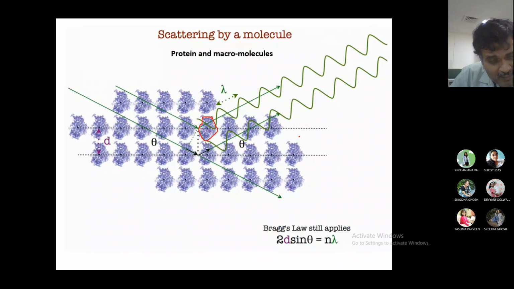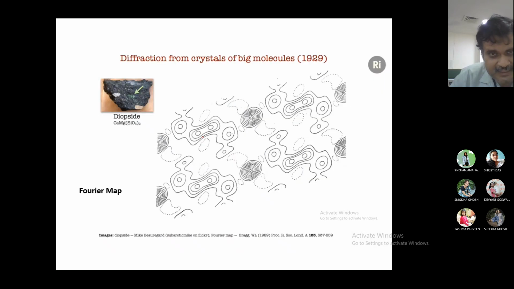By Bragg's law and by Fourier transformation, we can easily solve and get the locations of each and every atom present in the protein, correct? And thus we can solve structures of proteins and big biomolecules like vitamin D, and another one, penicillin. So it all started with those big biomolecules and then gradually developed into solving protein structures, because protein structure is even more complex. So this is the first